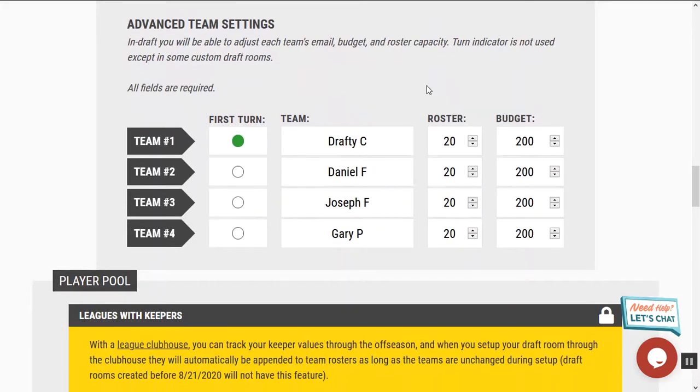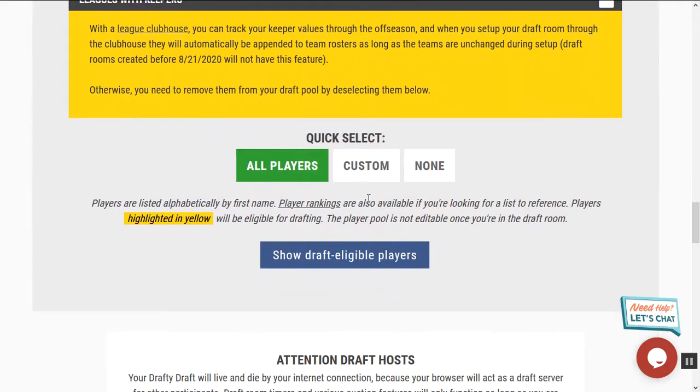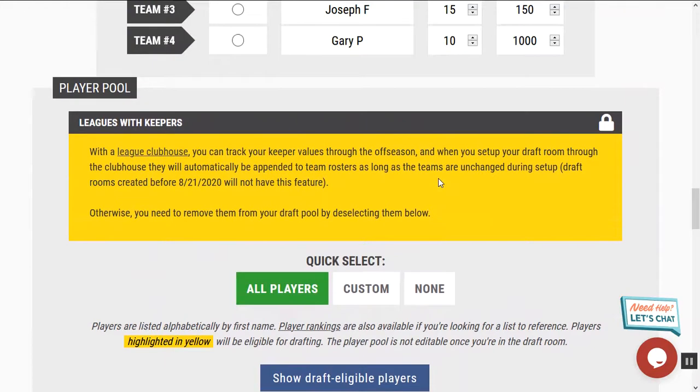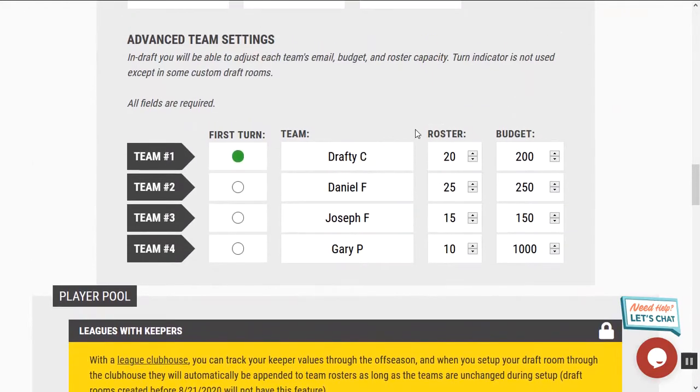The reason you have to configure each team during your setup now is because in the advanced and custom rooms, you have the ability to set a unique roster size and a unique budget for every single team. And that's really beneficial. I'm going to give him $1,000 for 10 guys. That's really beneficial because usually we're dealing with keepers or a dynasty league of some kind. And so a little bit further down, we have the player selections where you can take out your keepers, and it's really great. But we have to define the teams because when it comes to keepers and these specific team settings,